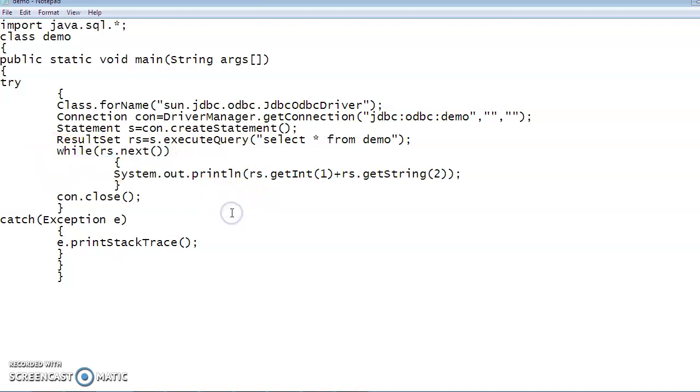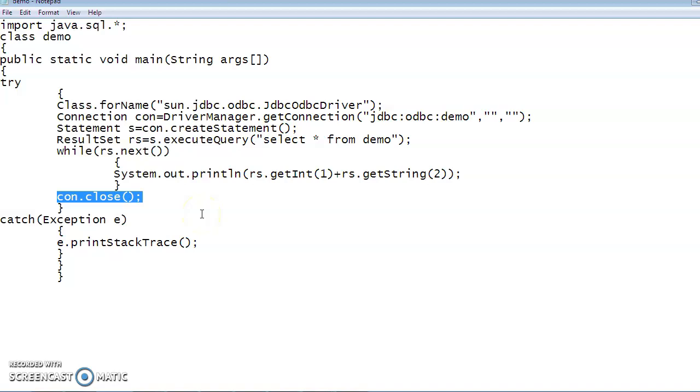It means next record, till the last record is executed, the things are going to happen and stored inside the result set rs. Then once the last record is executed, the loop comes out of that, and after that we are closing the connection.